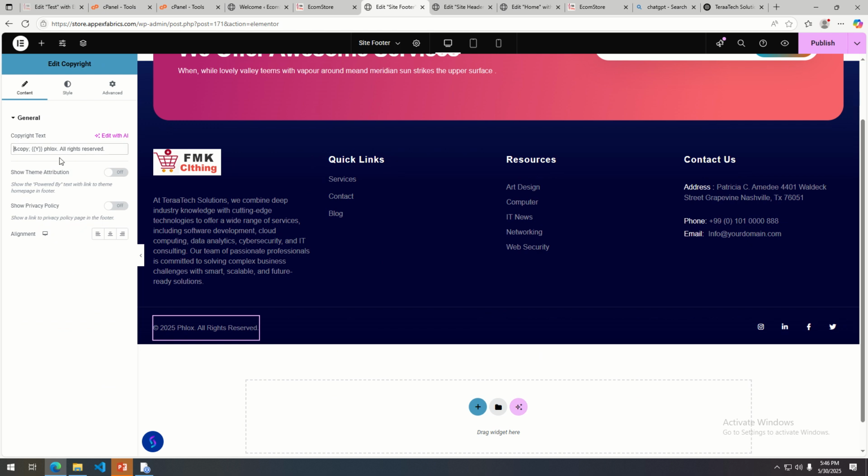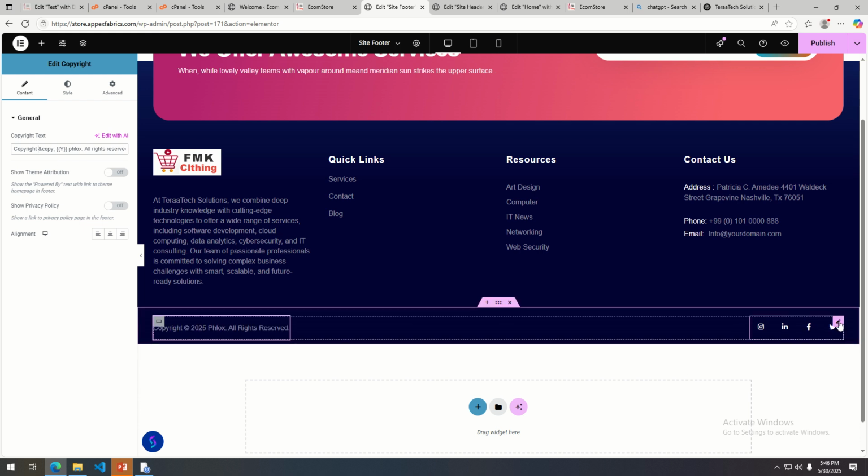So here I need to just put in something like copyright, then I give space. Then you can see you can add up your social media links for this. Okay, I think we have copyright 2025 Flux Pro, right? We need to change this from Flux Pro to